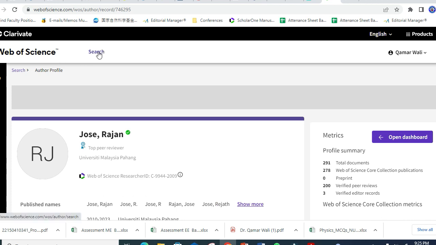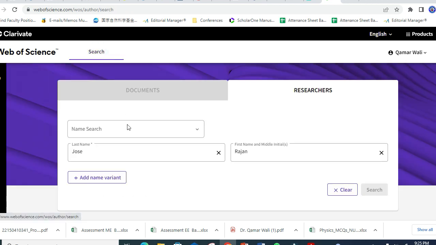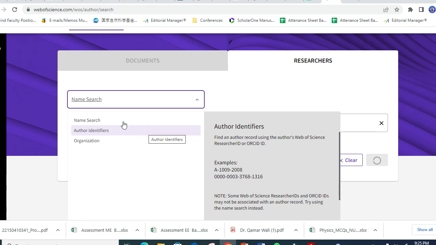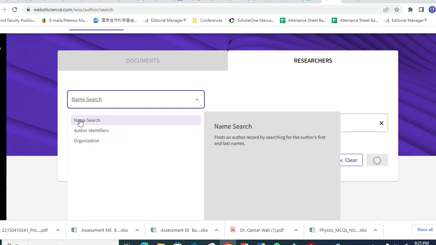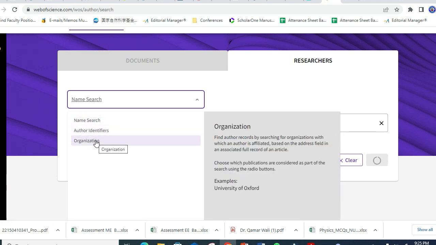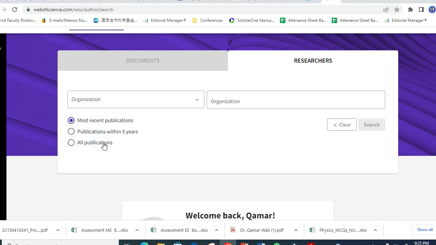You give any good researcher's name here, so you will reach them. In three ways you can connect: if you know his or her ID, names, and organizations. If you click organizations, you will see most recent publications. Every organization you can give here, like you see, University of Manchester. If I give University Malaya,